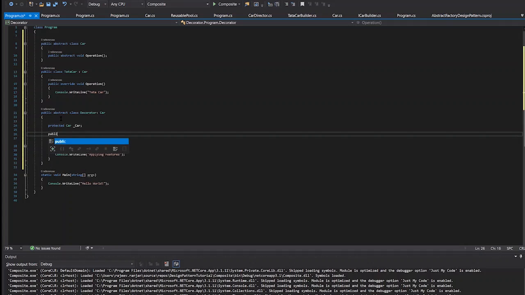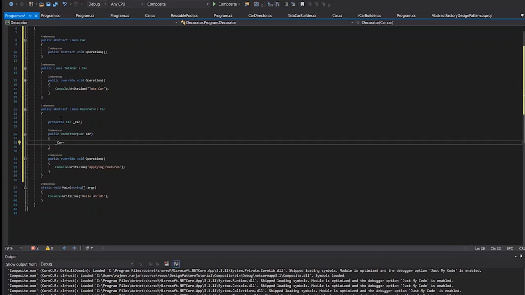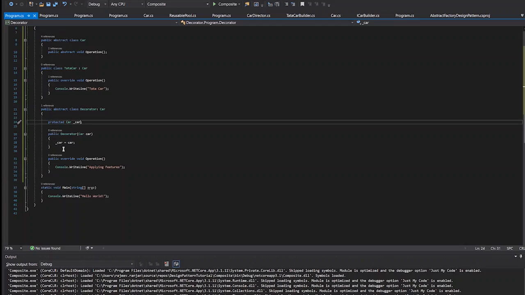So I'll create a constructor, public decorator, car. We will be passing an instance of car, and that will be initialized inside this car local variable.